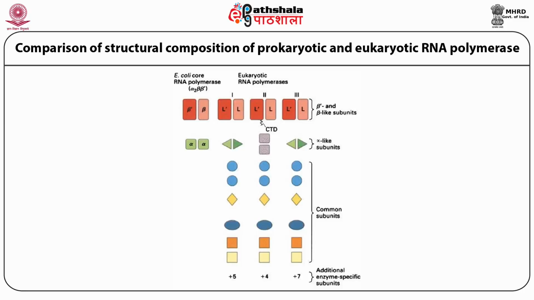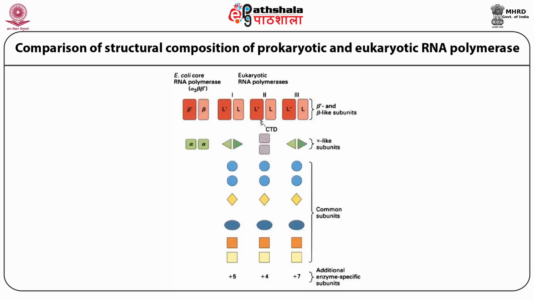The RNA polymerase consists of a core enzyme made of 5 polypeptides, which are 2 alpha, 1 beta and 1 beta dash, bound to another polypeptide called the sigma factor. The sigma factor recognizes the upstream -35 and -10 regions of the promoter and makes sure that this binding of the RNA polymerase and DNA is stable.